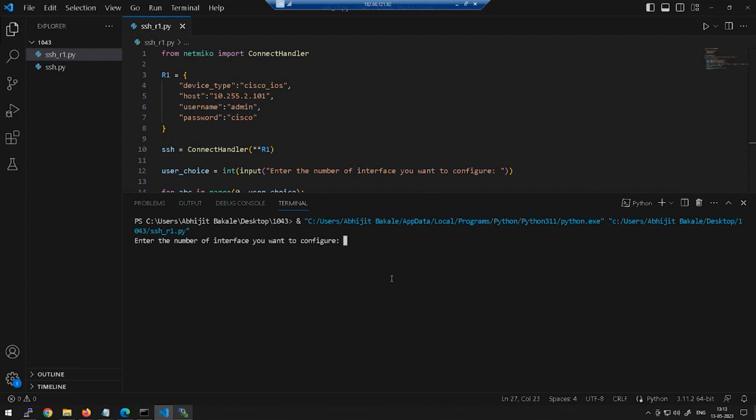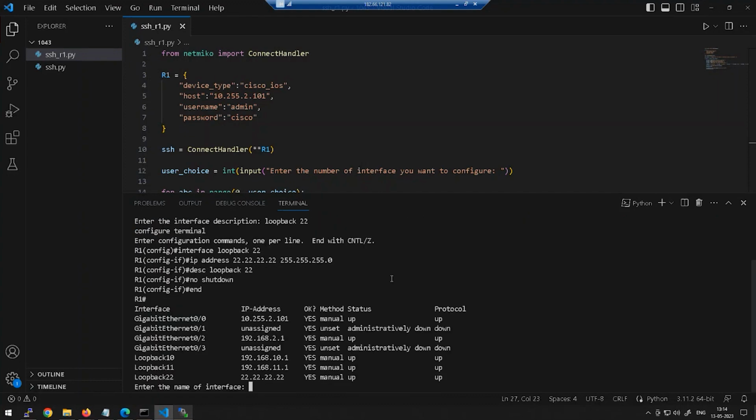The first question, enter the number of interfaces you want to configure. I want to configure 2 interfaces. Enter the name of interface, let's say loopback 22. Enter the IP, 22.22.22.22, mask /24. Description, loopback 22. It configures the loopback 22, prints out the details of show ip interface brief, then is asking me again, enter